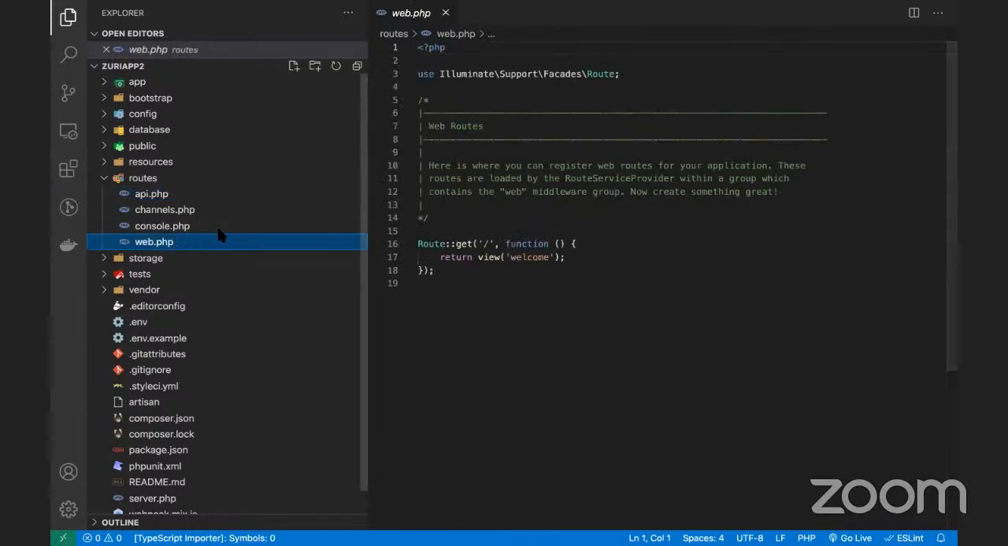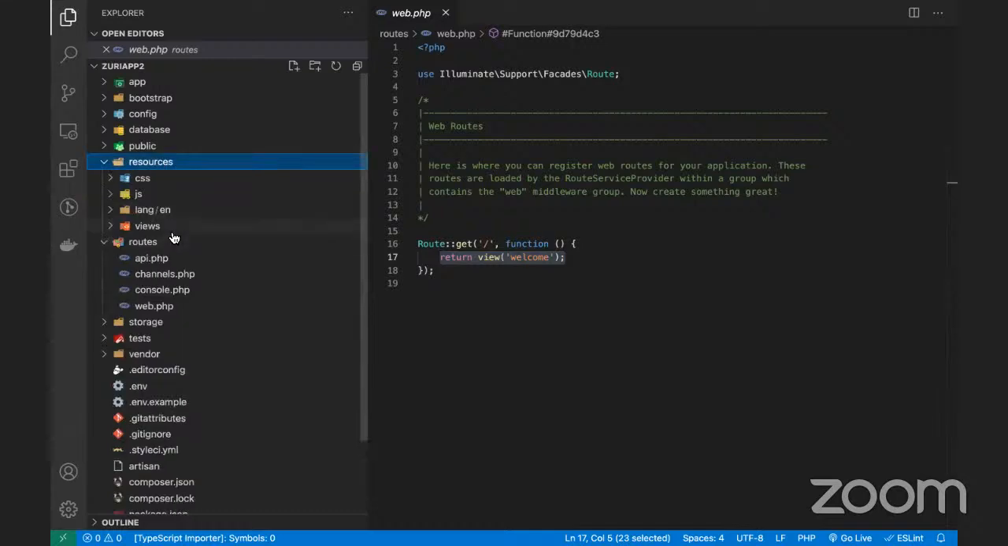Then for your web application, you add the routes you want your application to have in here. The basic one it comes with is the route get, the home slash function, and it just returns welcome. This view is going to match the view you have in the resources folder. So if you were to create another view here like